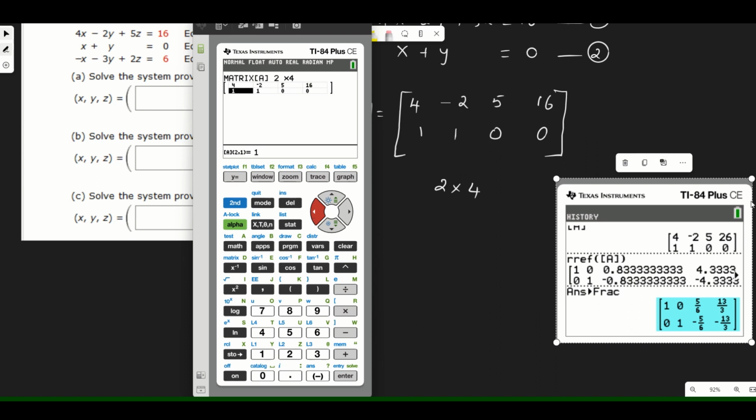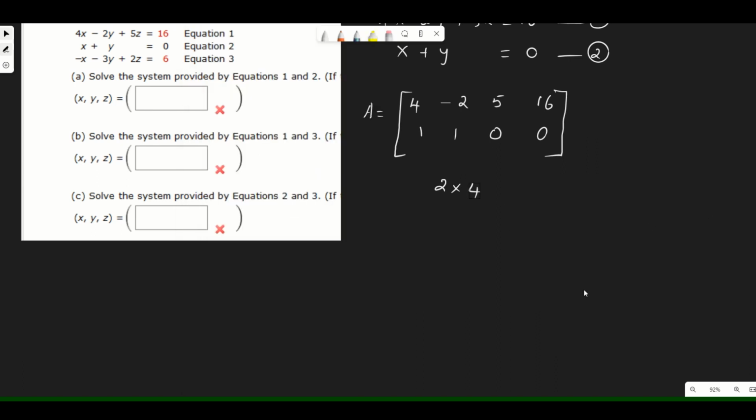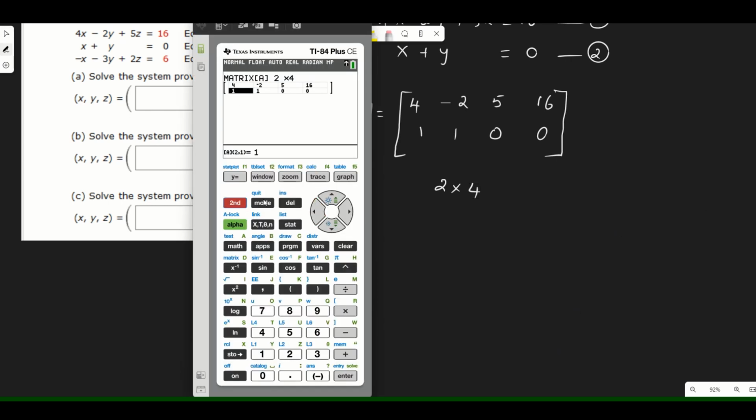Yes, I have entered these values, and once I enter them, I can quit the screen and